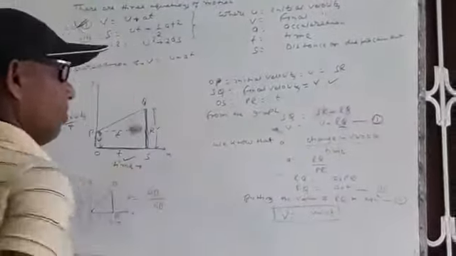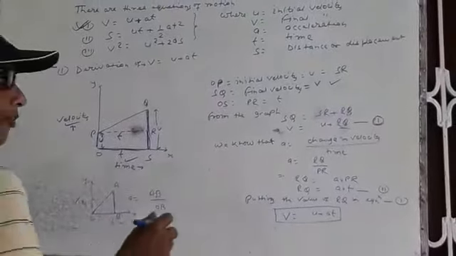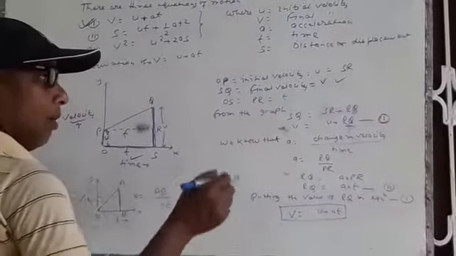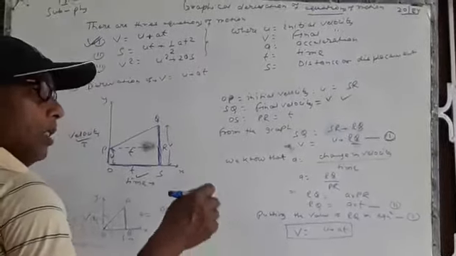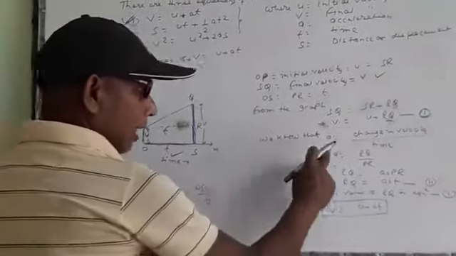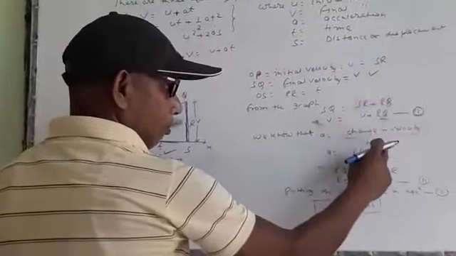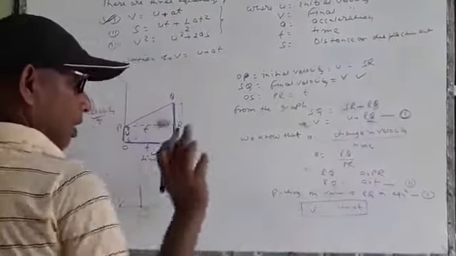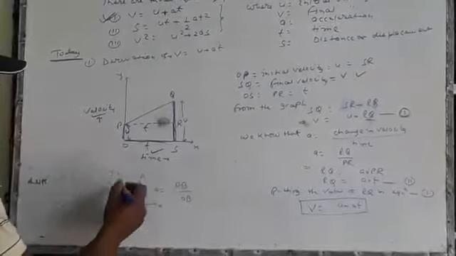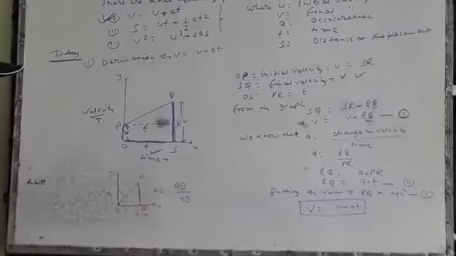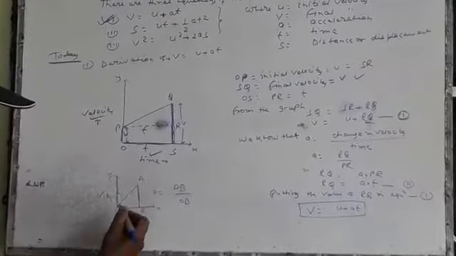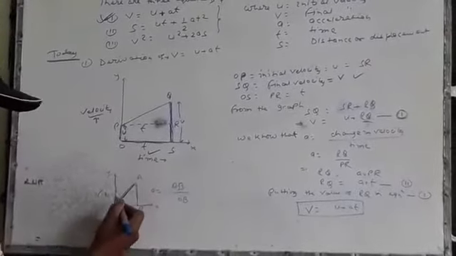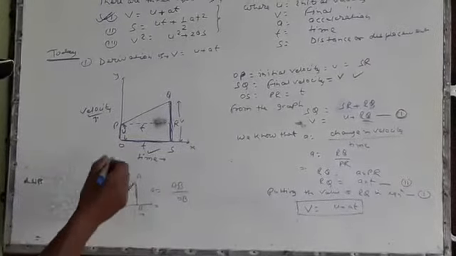You know from the definition of acceleration, the rate of change of velocity is called acceleration, which I have explained in my previous class. So a equal to change in velocity by time. a equal to RQ by PR. Here I have drawn an extra graph, that is a velocity time graph. This is the slope of the velocity time graph. Slope of the velocity time graph represents the acceleration.